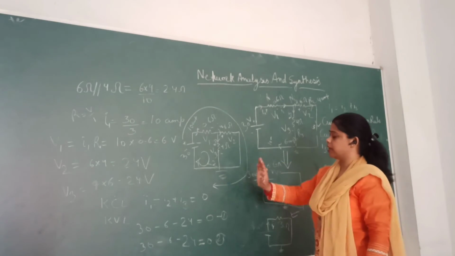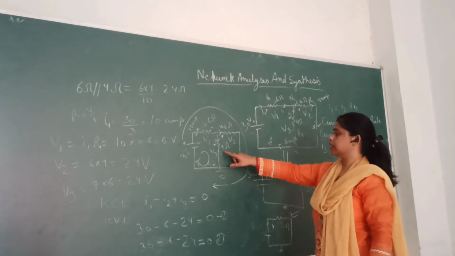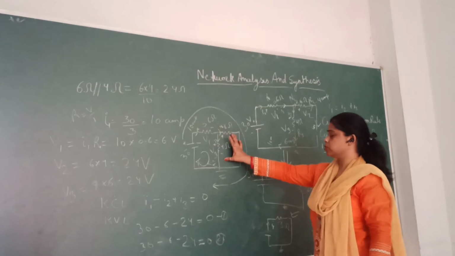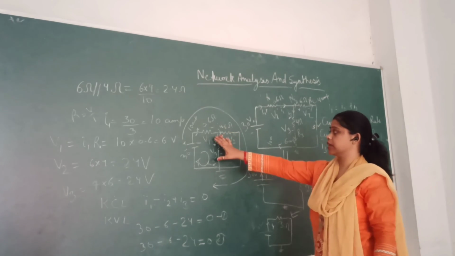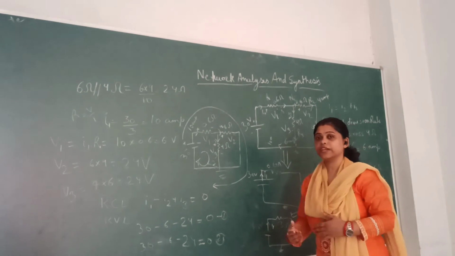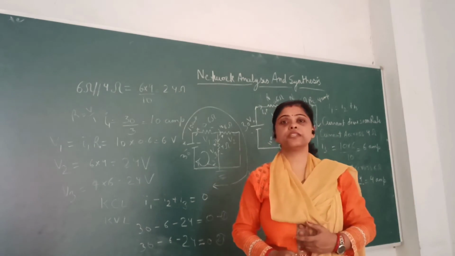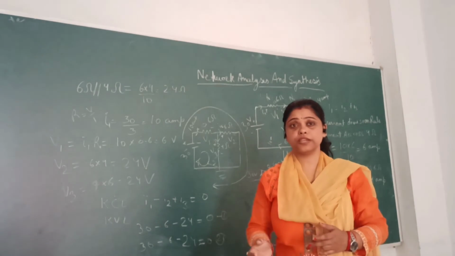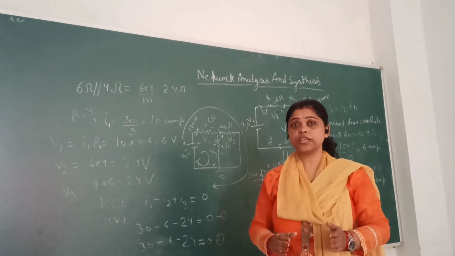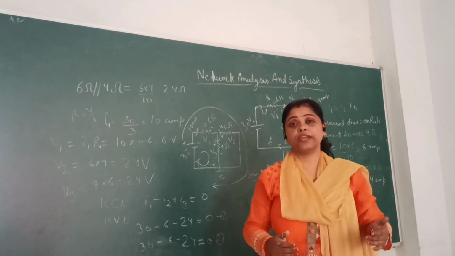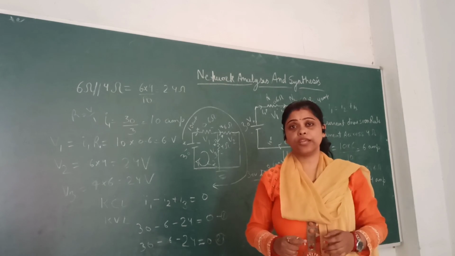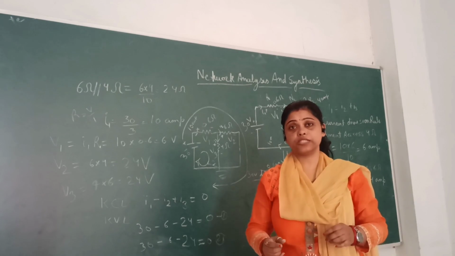we have taken a very simple circuit that is connected only with these two parallel resistors, which are connected in series with this. In our next lecture we will take different storing elements like capacitance and inductance, and with these elements we will understand how to calculate the KVL and KCL or the current